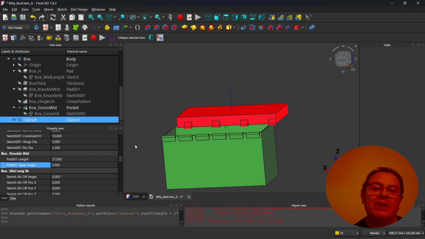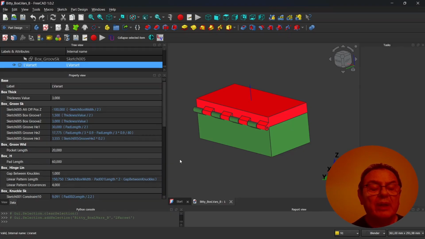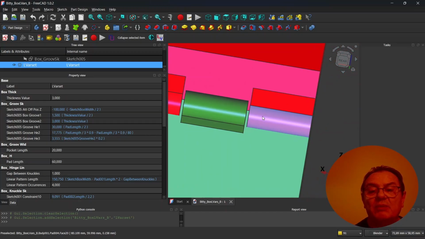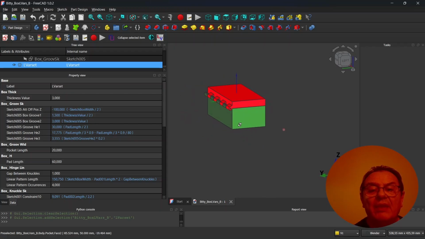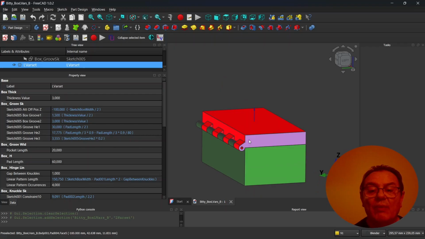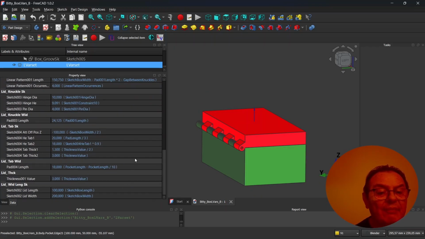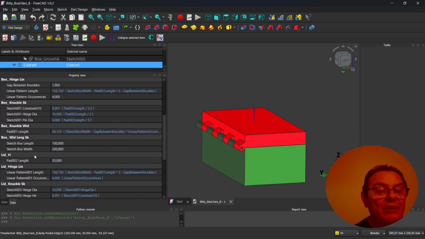Okay, so just a second. First of all, I imported only what I needed. Then I added a property manually, gap between the knuckles, because we needed to avoid the friction, this one. And then I bound all the properties of the lid to the properties of the box, except the height.